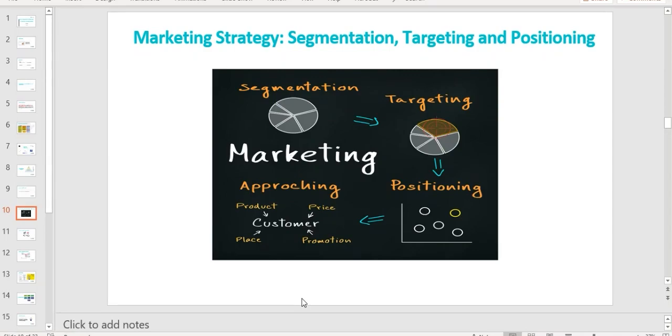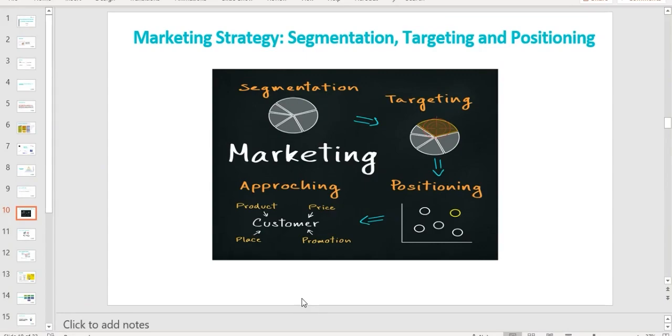So segmentation is essentially dividing the consumers into smaller groups so you can effectively meet the needs of that group in a much better manner. If it's a smaller group, you can understand that group and you can meet its needs in a more relevant manner. All right, so segmentation is about dividing the group. So instead of treating all your customers as one big blob, try to see if you can divide them. If you are able to successfully do that, you can send much more customized communication to those customers.